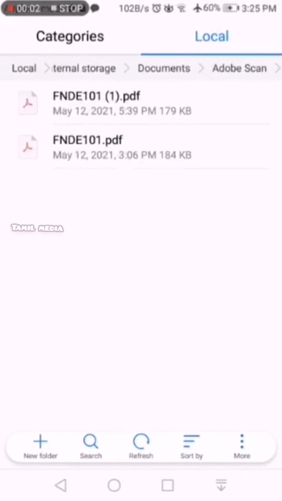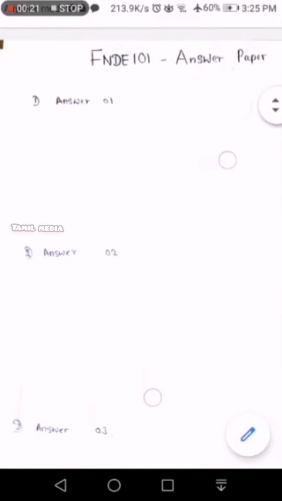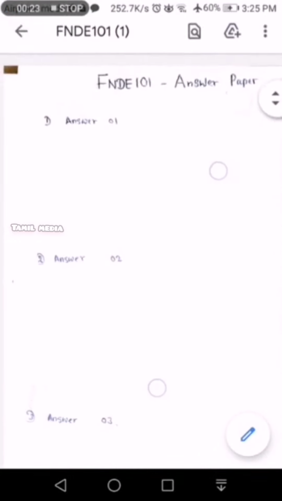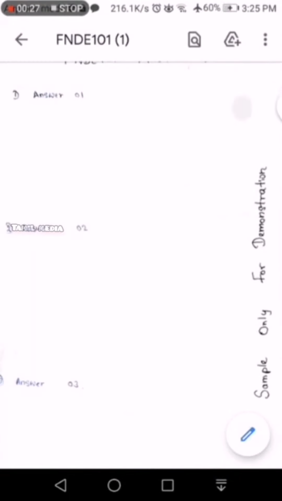When you scan your documents, while scanning or after scanning, you should check your documents for the clarity of the text in them. So first I'm going to see this first document, and you can see the text is very easily readable and very clear.